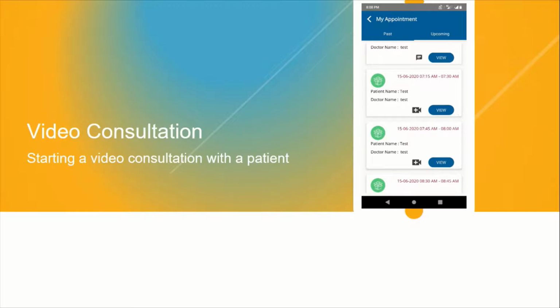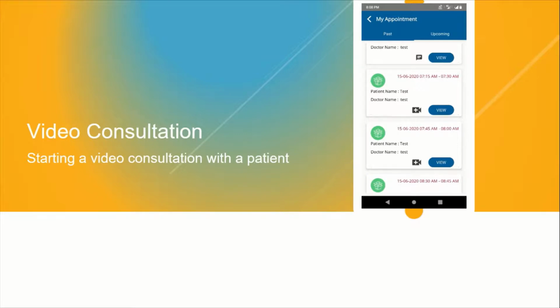One, the doctor might be busy with another appointment, it could take some time, so the doctor may be 5 or 10 minutes late to this appointment. We don't want the patient to nag the doctors by waiting in the patient room saying the doctor has not come in, doctor has not started the appointment, and things like that. So we have given the control to the doctor saying yes, start this appointment whenever you are ready. And once the conversation is started, the doctor will have to close the conversation after the consultation is over. So everything is in the control of the doctor.